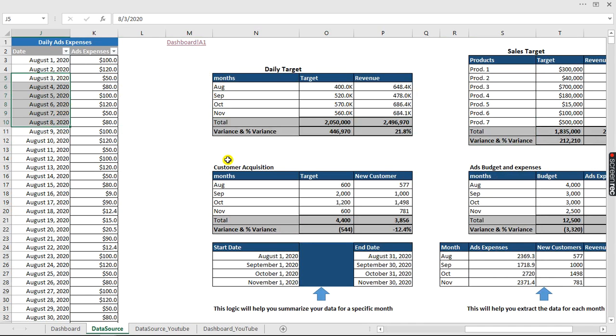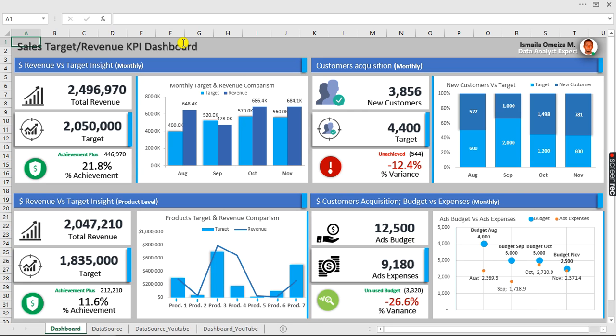and you can see how simple this could be when we start doing this. But before then, let me take you back to the dashboard to give an overview of what this Excel dashboard does. The company places targets on every single month. In the 4 months, we have over 2 million placed as a target, and we made $2.4 million, which made us go beyond the target given to us by 21.8%,